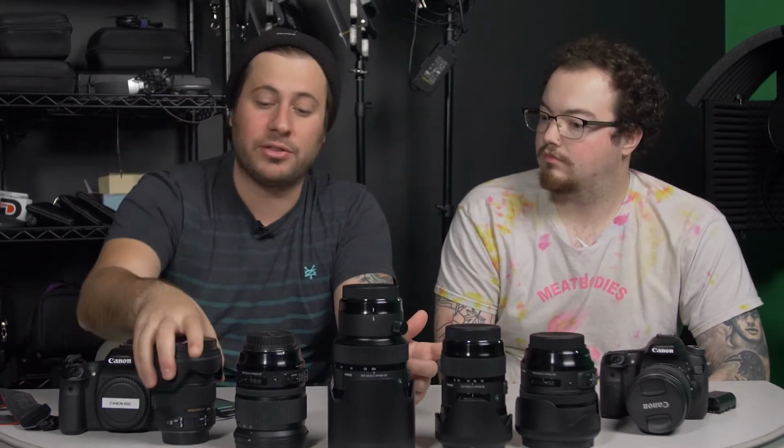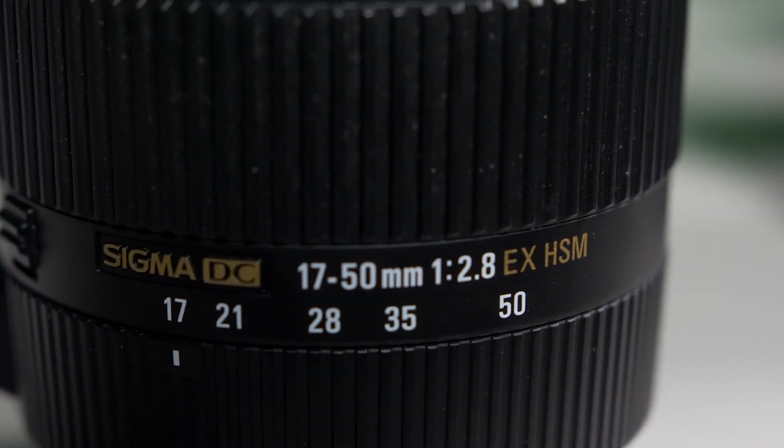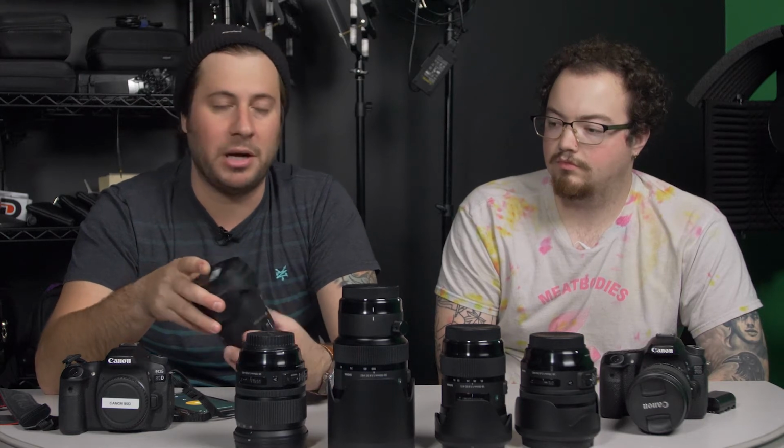I used to rock, the closest I used to have was a 17-50 Sigma DC lens. Fairly nice. It was the nicest in my case at one point, but once I upgraded, there was really no comparison between the two. I think this one runs about $300 brand new on Amazon. So if you're looking for something super cheap, but much nicer than kit lenses, I would highly recommend picking up